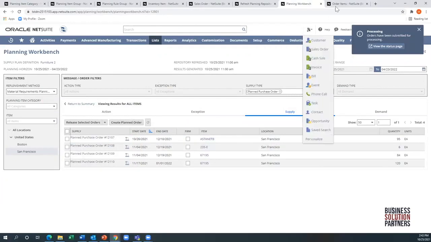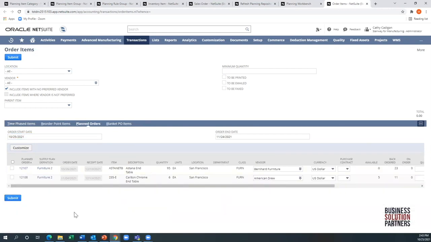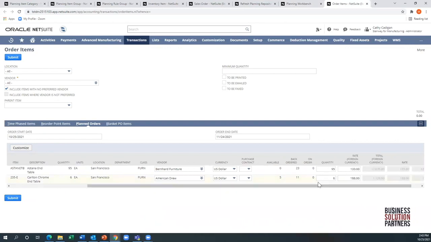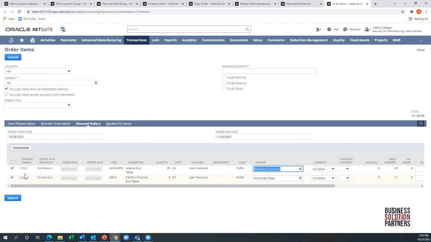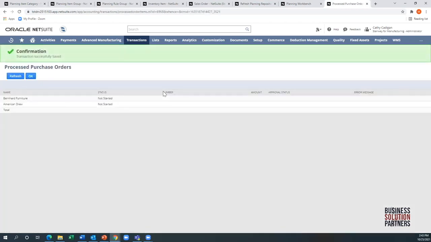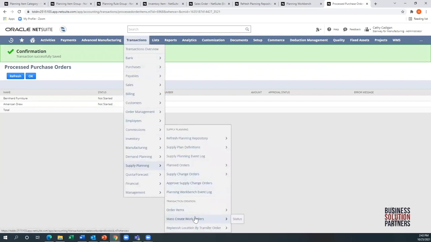So let's go back to our order items screen. Just refresh really quickly. Everything here is pretty well the same, except for this new tab, planned work orders. Here's our 2 items. And again, you have the ability to now overwrite what the system suggested. At this point in time, you can overwrite the supplier as well. Once you select those 2 and submit, it's just like before, it creates a purchase order for you at that point. Same concept if you were going to create a work order suggestion, that would flow into there. All right, so that's